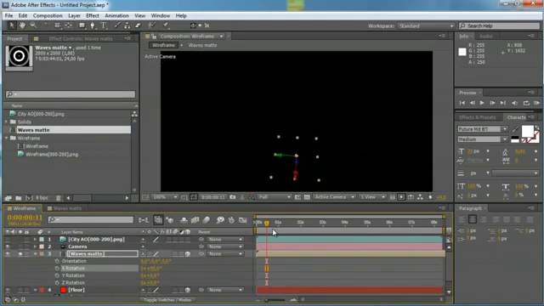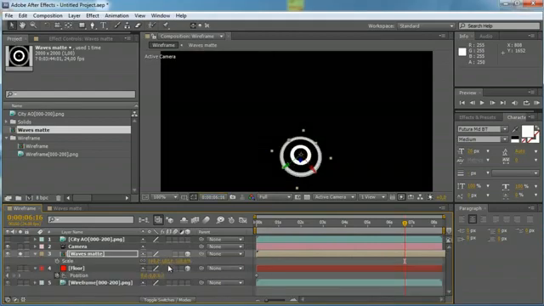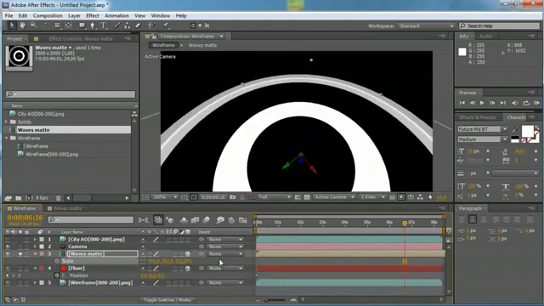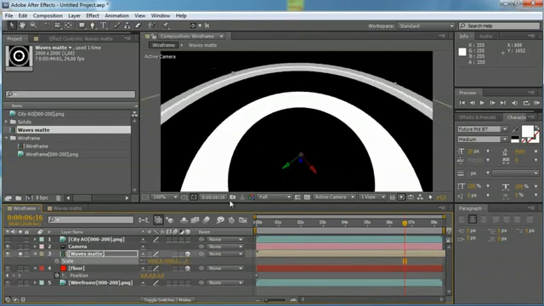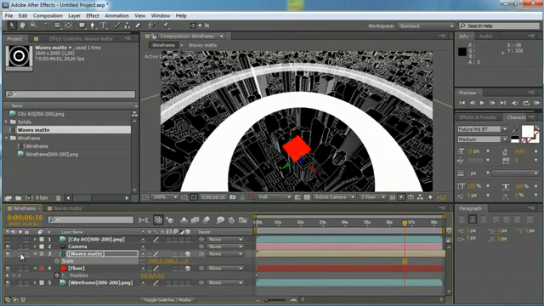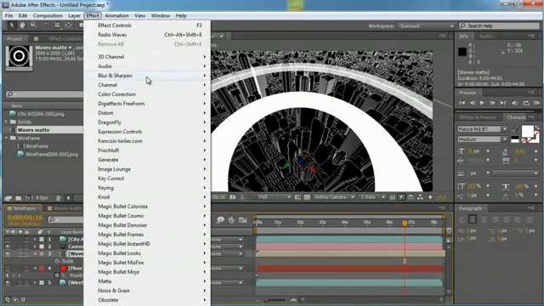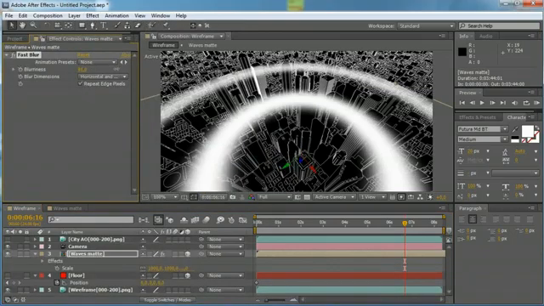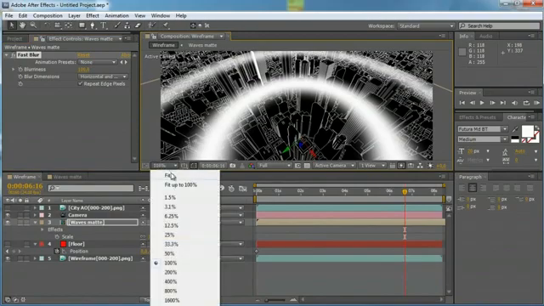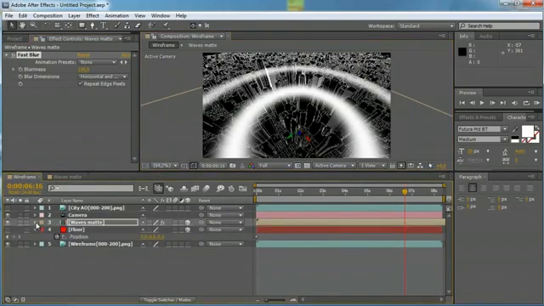And if we solo this layer, we can see we have the radio waves. We need to scale it up quite a bit, like 8000 probably. Turn off the 4 layer and just apply a blur and sharpen, fast blur, and blur with 100 pixels our radio waves matte layer, and